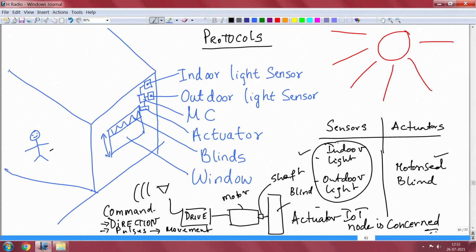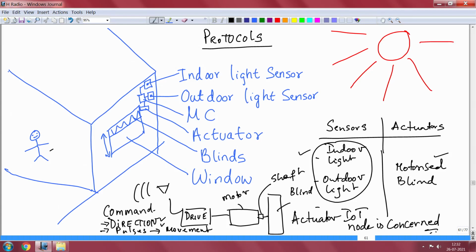It needs both indoor light as well as outdoor light. So, let it take the indoor light and outdoor light, and convert that information into corresponding direction and pulses. So, nobody is feeding any direction and pulses for movement. It itself is intelligent enough to compute and ensure that it moves to that extent and halts there.